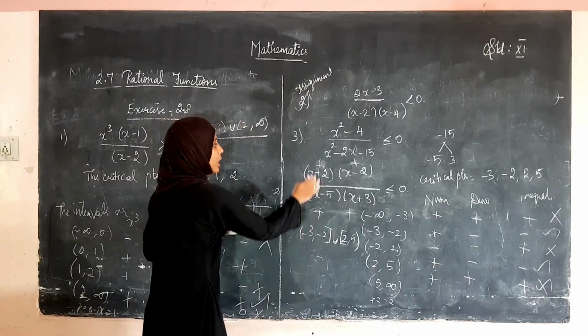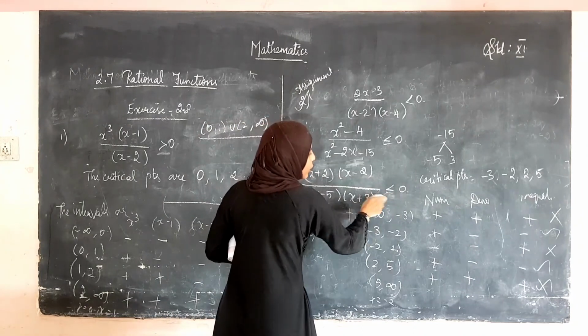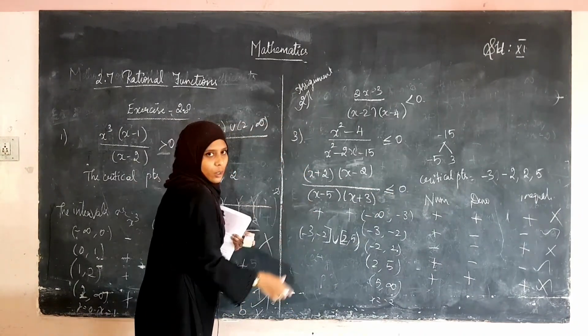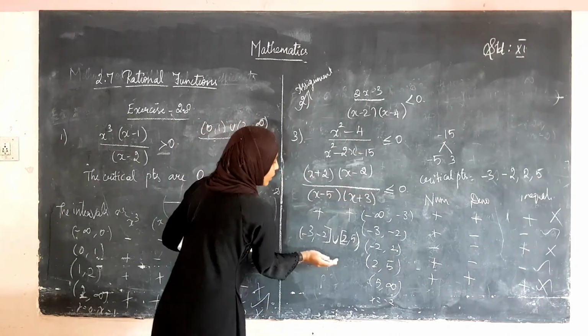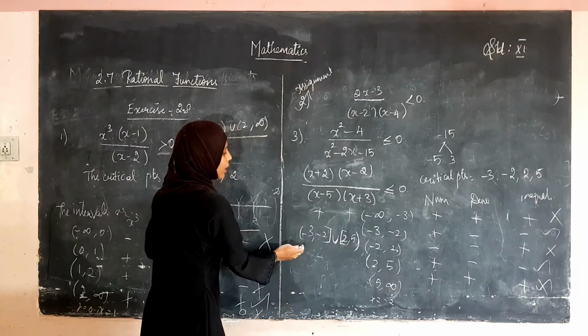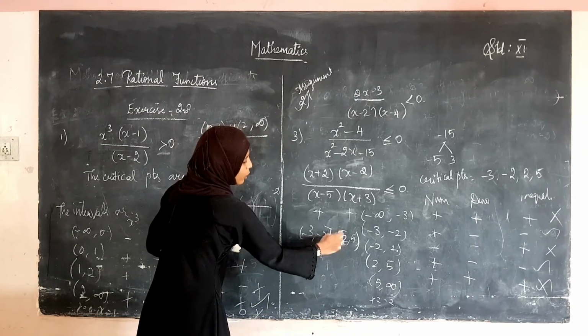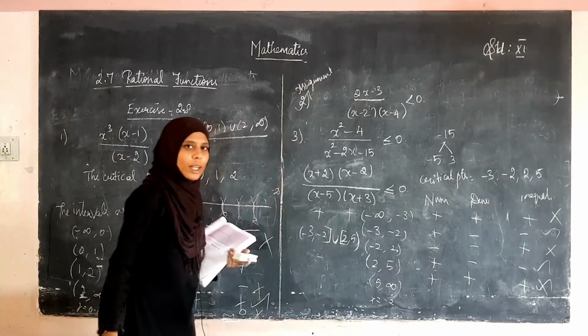Only we are substituting the roots which are in the numerator when it is given equal to also. We don't want to substitute the roots in the denominator. Okay, only in the numerator you have to substitute, then where it is 0, we have to include that. Okay, so the interval minus 3 comma minus 2 closed, union closed-open interval 2 comma 5, is the interval in which this inequality holds. You have to write in words.